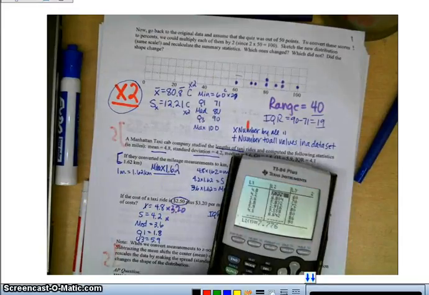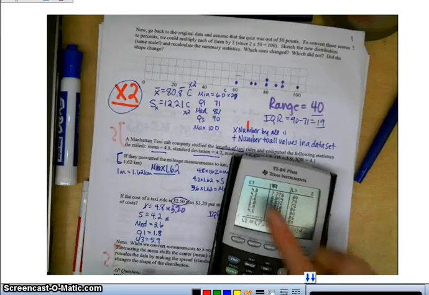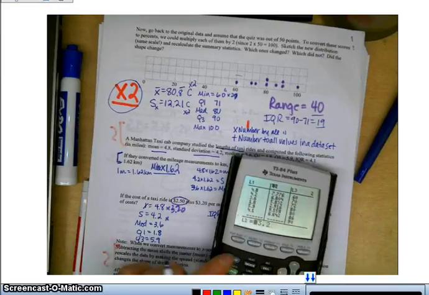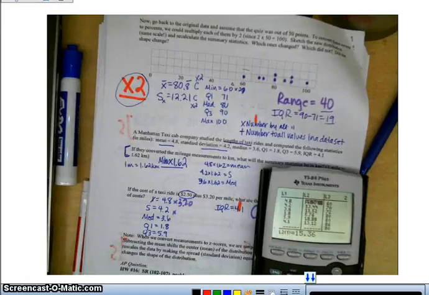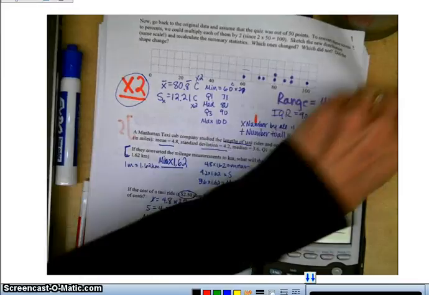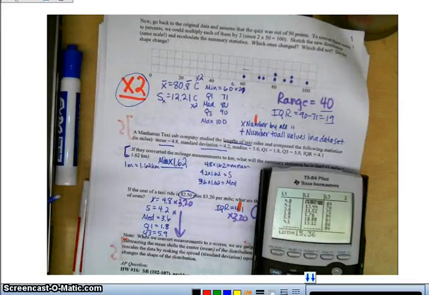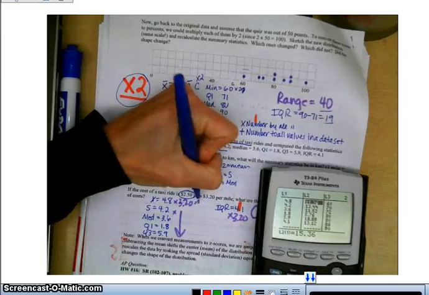So let's see, I'm editing, and in the heading of this list, I want to take each of those values and multiply them by $3.20. So I need to go second list 1 times 3.20. And that basically changes everything. I'm multiplying across the board by $3.20, which is the cost in dollars per mile. So 4.8 miles would mean an average cost of